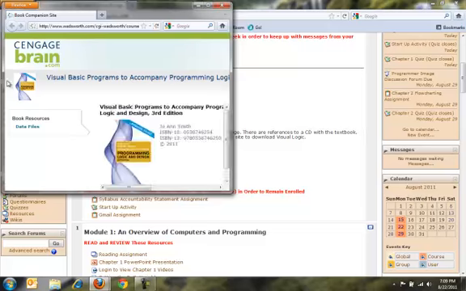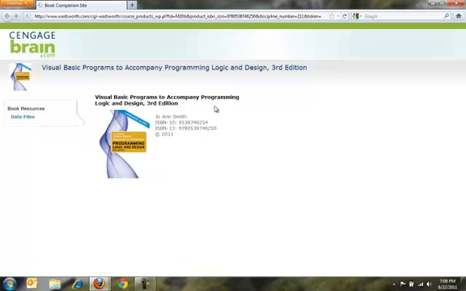And this is going to take you out to a website. Now you'll notice I'm using Firefox to be able to do this. You can use different browsers. What you're going to see is going to look a little bit different, but the process is pretty much the same. I'm going to maximize the Firefox window that came up, and you'll see over on the left-hand side it has book resources and a link for data files. We're going to click on data files,